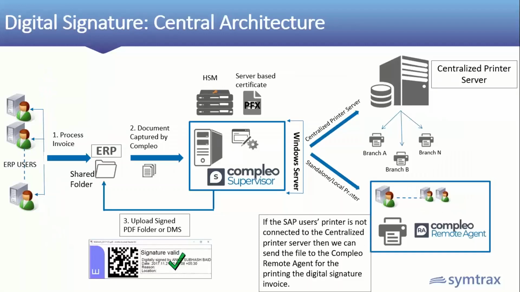Now moving further, in phase 2, as per the Jhatka guidelines, cryptographic stamp identifier will be issued and managed through Jhatka portal. And in India, we have a solution for that, where once document is processed from ERP, you can see on the screen, it will be captured in Complio and it will send to the government portal for invoicing. And after invoice gets generated, document will be signed centrally using document signer certificate, and then it will be distributed as required. So we have solution for that.